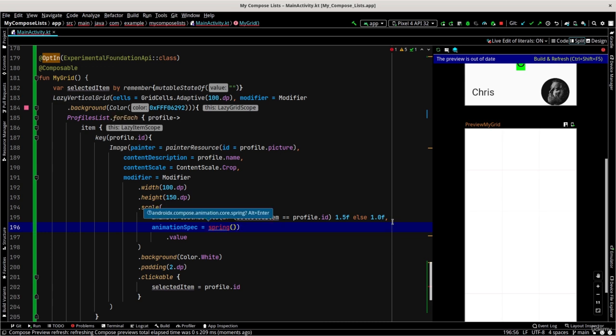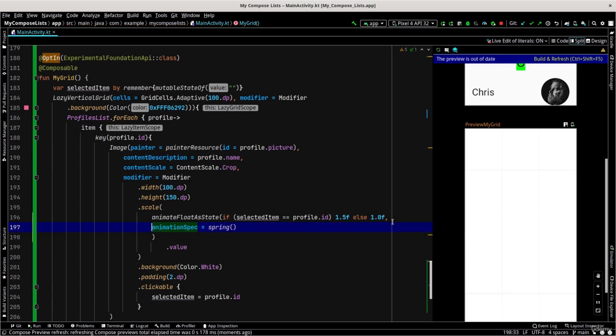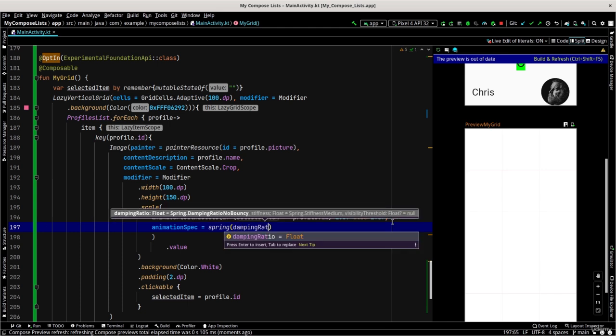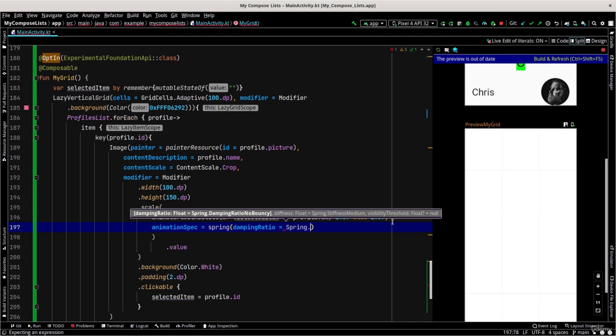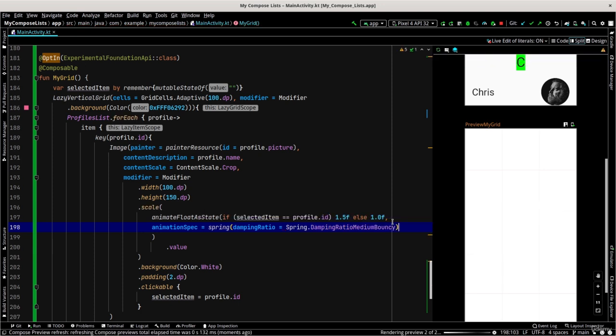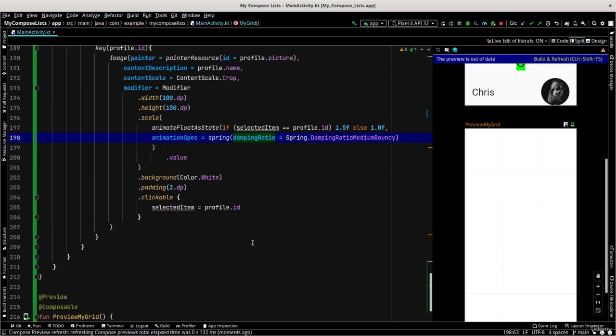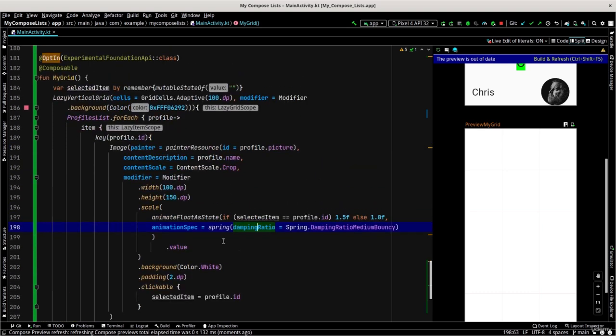I use a spring animation. Let's import spring from the core animation package, and let's use a custom damping ratio, spring dot damping ratio medium bouncy, like this. All right,